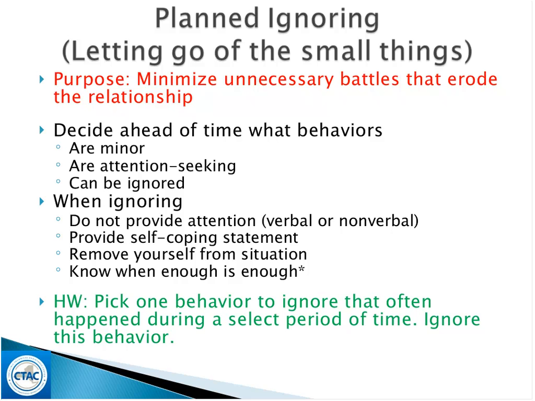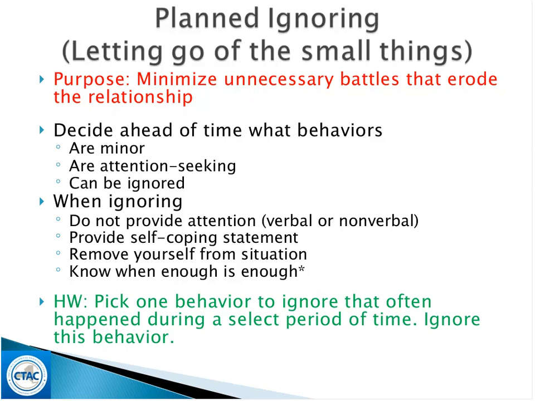that they really think about how they're going to deal with the behavior. So we often ask parents to think about self-coping statements like, this is only going to last 5 minutes and then it's going to get better. They can even remove themselves from the situation if they feel that the minor behavior is just too irritating. And they also should know when enough is enough. So sometimes behaviors escalate from minor to major, and this simply can't be ignored. If that's the kind of child the parent is working with or has, then it's likely that you probably shouldn't use planned ignoring because it's just going to make the situation worse.